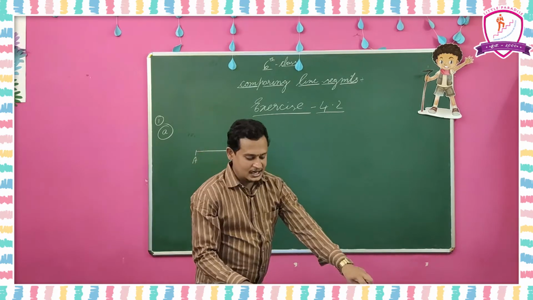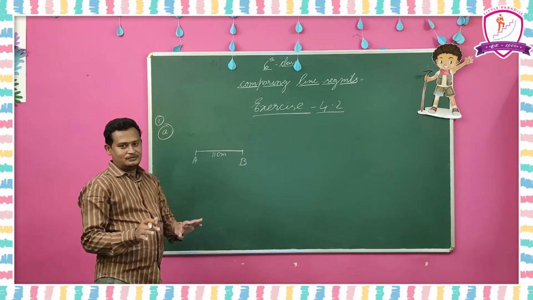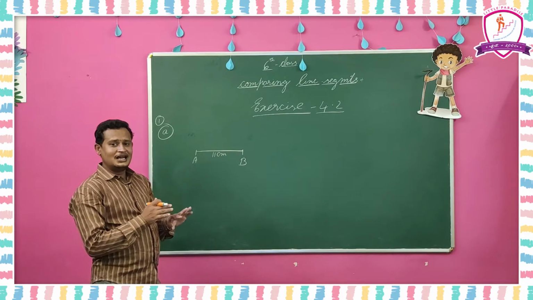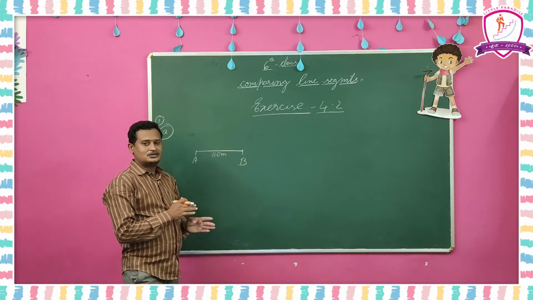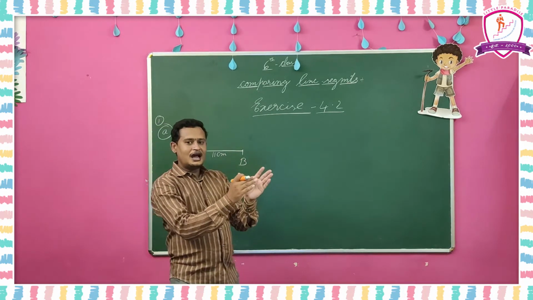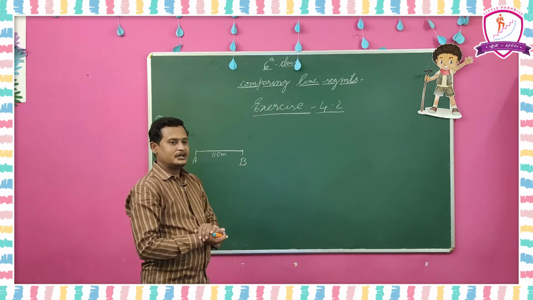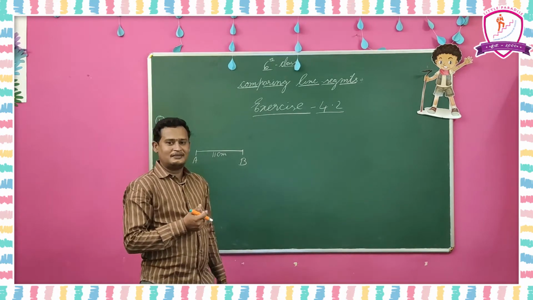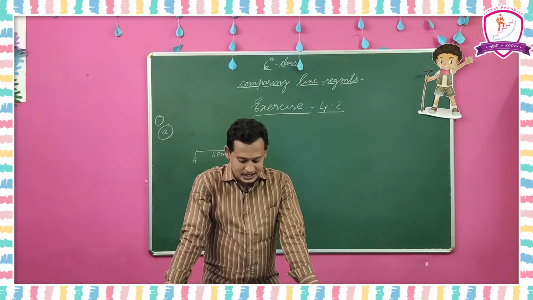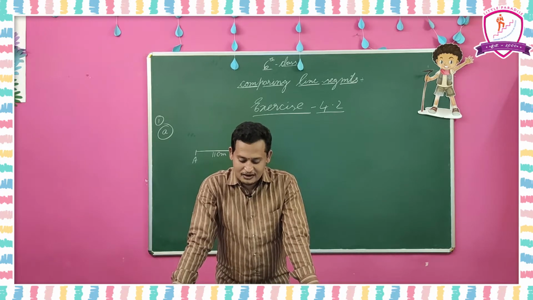You can write 11 centimeters in your textbook, but you have to measure using the scale and divider, ruler and divider both. You must use the divider first: put the divider there, take the divider and find the length of the line segment with the scale. Those two things you have to do simultaneously. You can do the remaining sums also like that. A, B, C, D, X, V, and in D, two questions are given, P, Q and Y, Z also.